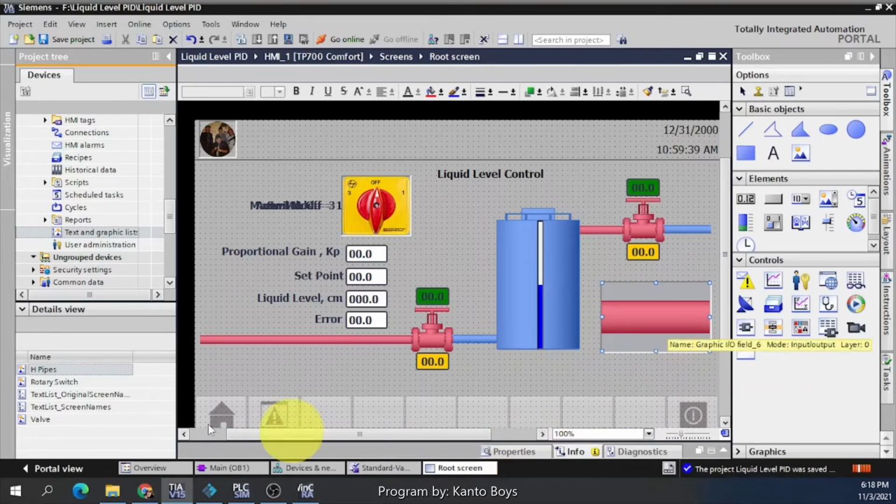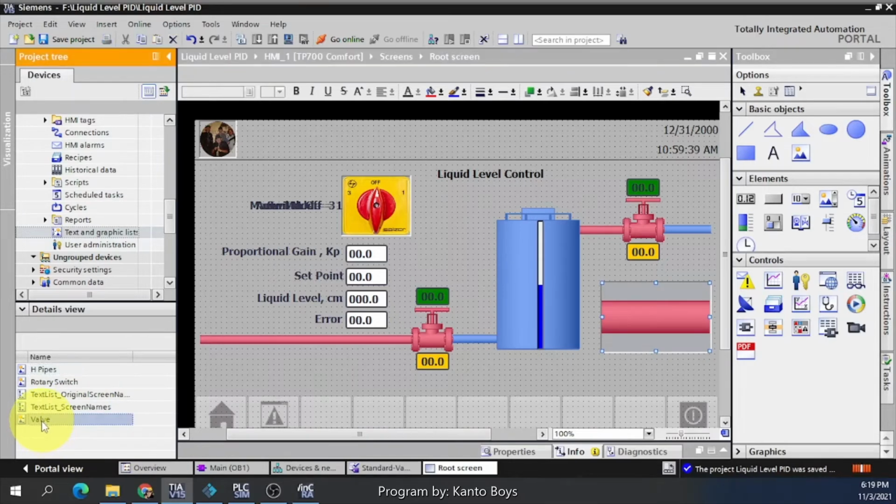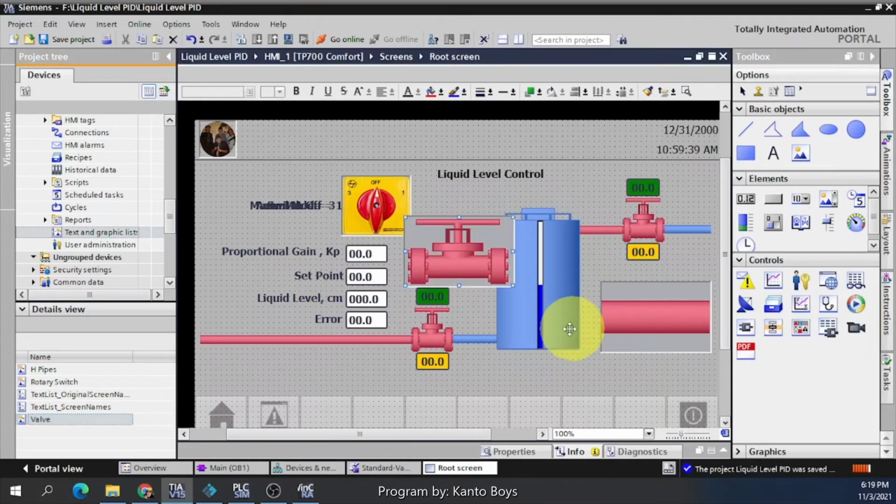The same also applies to the bulb. It is drag and drop, so adjust the size, and then you go to properties.